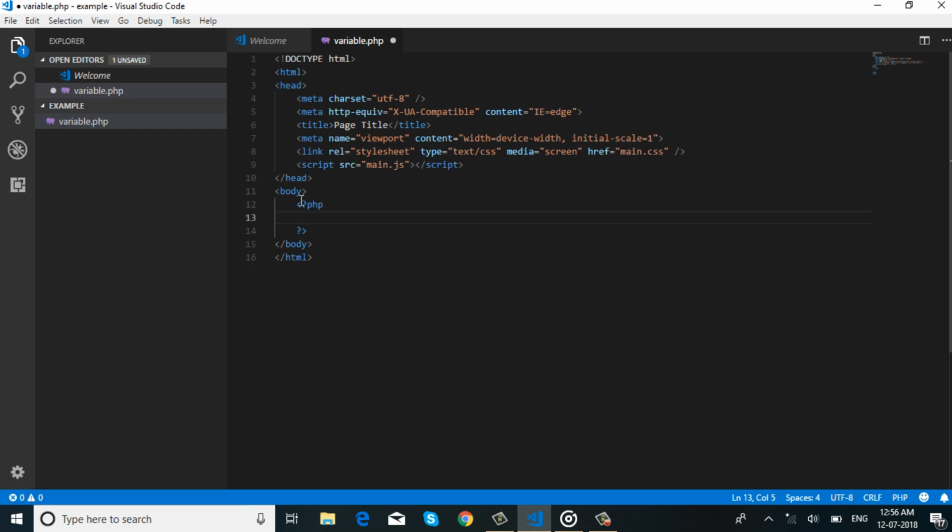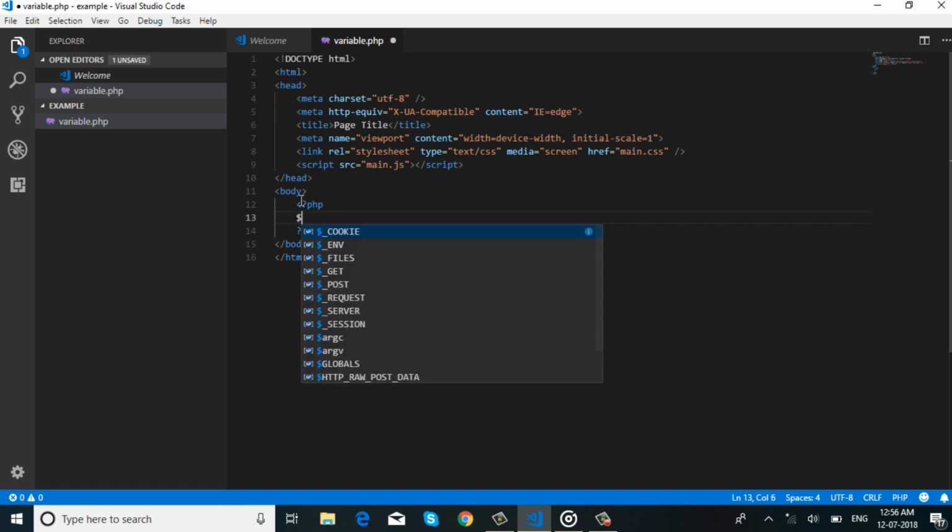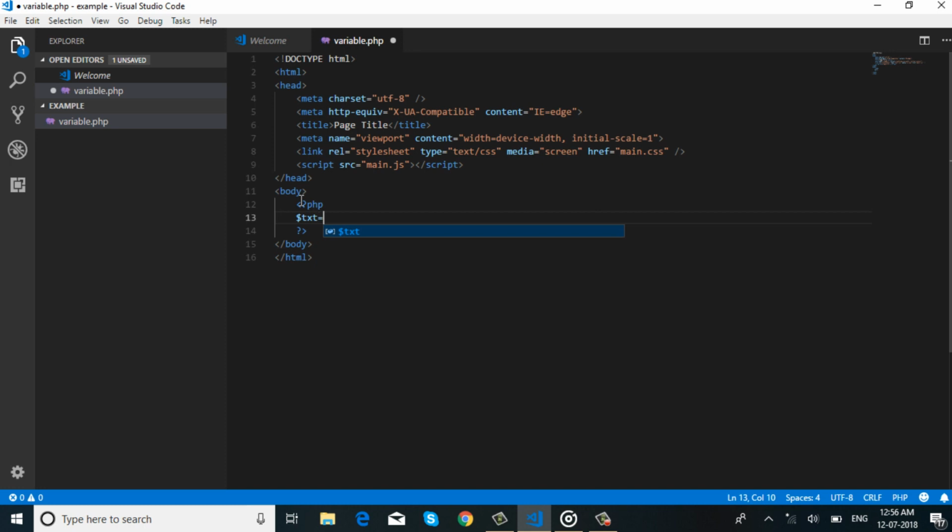The first variable I create is $txt. This variable holds a string value. Data types I will cover in my upcoming tutorials for PHP beginners.